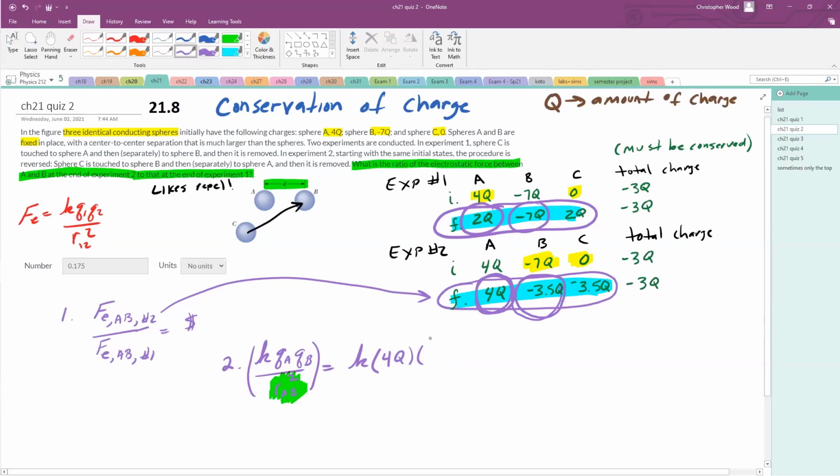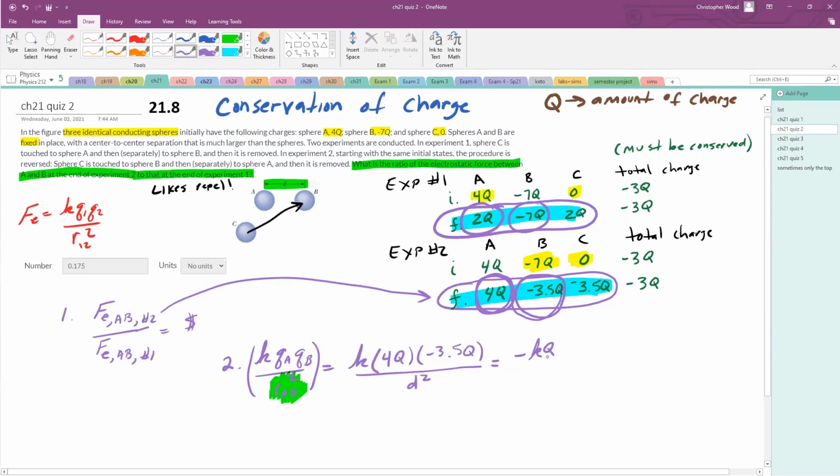QB at the end of experiment number 2 is negative 3.5Q. What is the distance between A and B? It's D, so this is going to be D squared. Okay, that's my answer. I'm just going to write it like this. It's going to be negative K